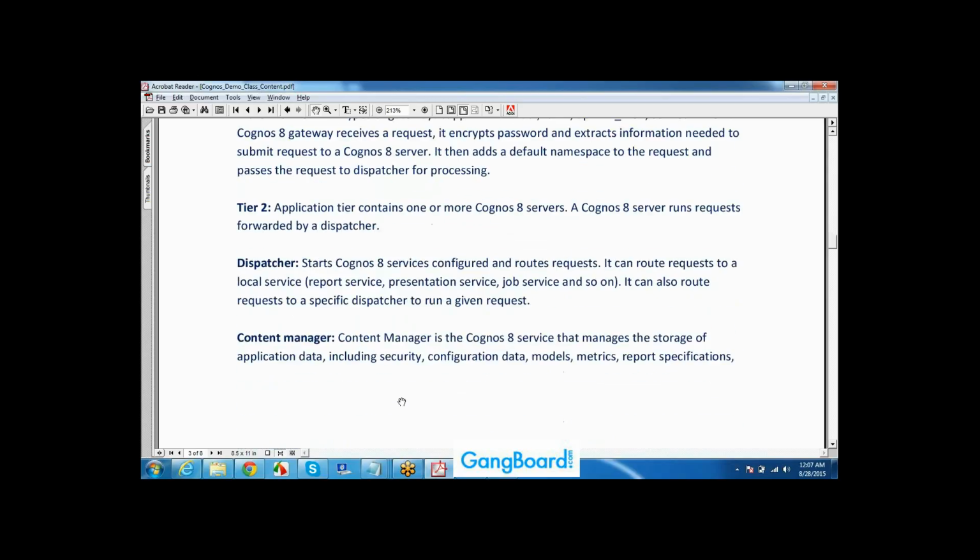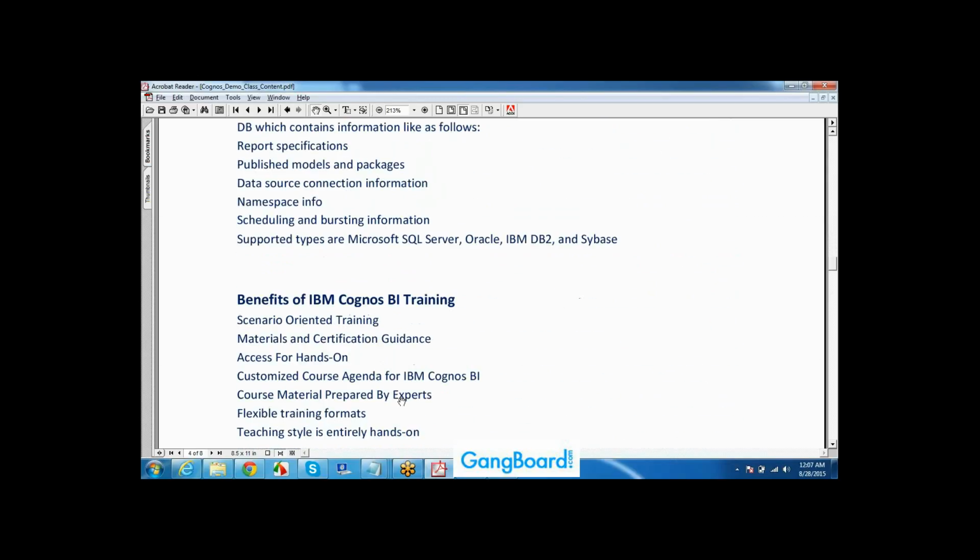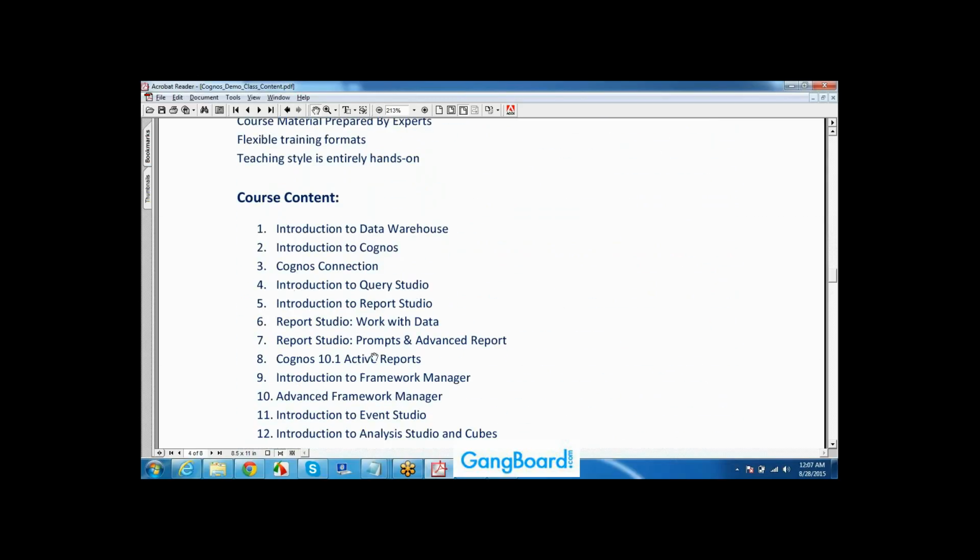After this, I will move on to the data warehouse first topic, and then Cognos architecture. After this, Cognos connection page, Query Studio, Report Studio, Report Studio advanced, active reports. That is a new concept that came in Cognos 10.2 only.